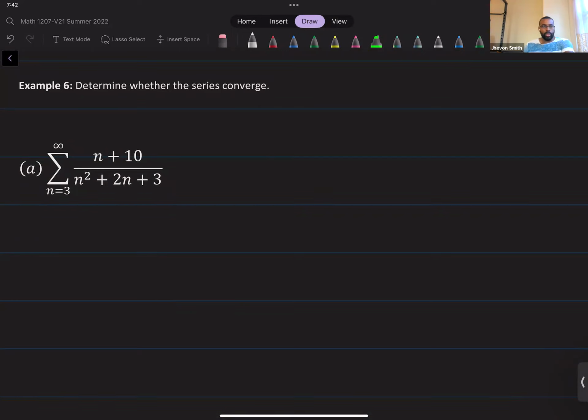Okay. So again, we're going to play the same game, right? None of the things that I mentioned before work, and so I'm going to want to do some sort of comparison. I want to compare to this. Look at the biggest guys. So I'm going to compare to